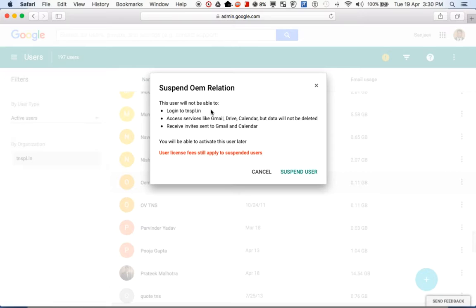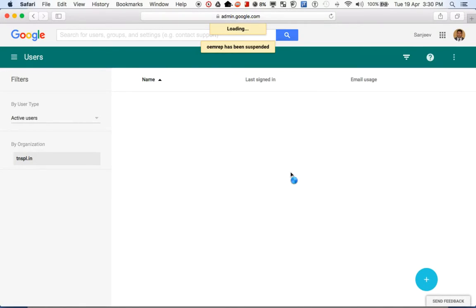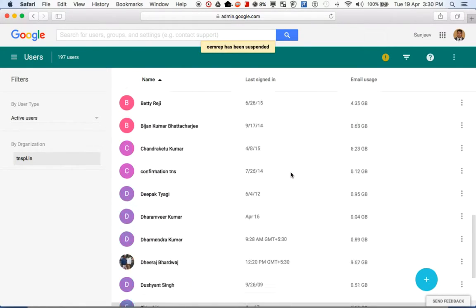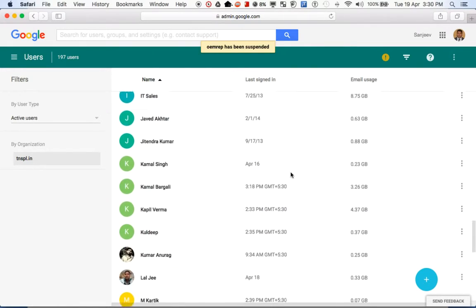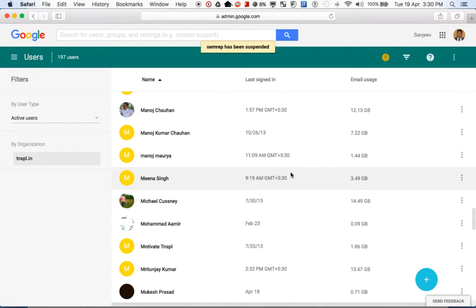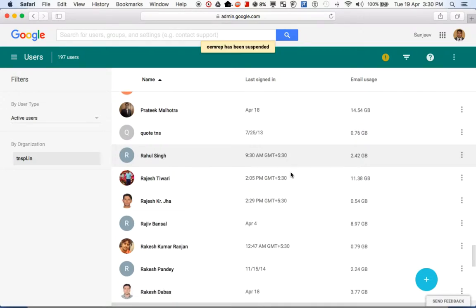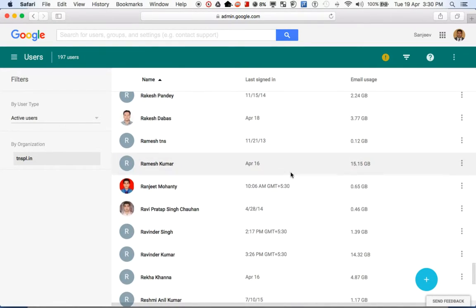This helps in case anyone decides to abruptly leave the company, or in case a laptop or desktop is compromised and you are afraid that someone else may log into it. You can suspend this user and it can be reactivated anytime. So this is the safest option. Before deleting, you should always use this option instead of deleting the user straight away, because once you delete, the data may be gone.